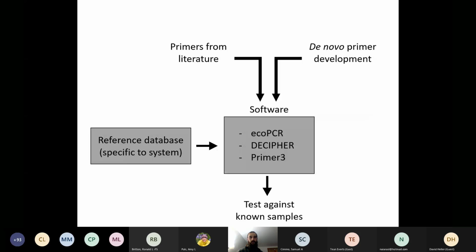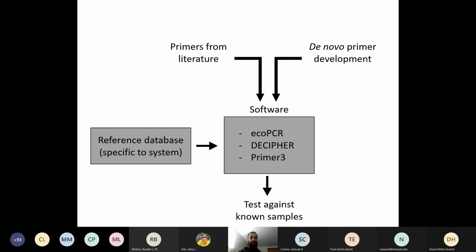The good news is that there are some useful tools out there for assessing primers and for designing primers. I've laid out a general way in which you can think about validating or developing primers before you go to your metabarcoding project. You can either take primers that are already published in the literature, or you might want to develop primers specifically for your question. In either case, you're going to use some similar software for assessing these relative to a reference